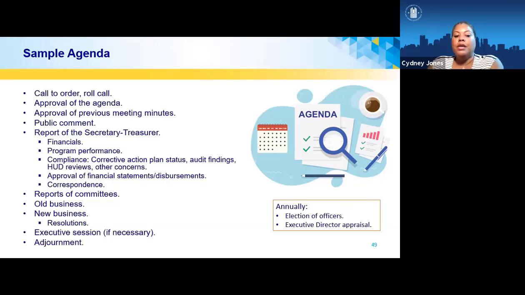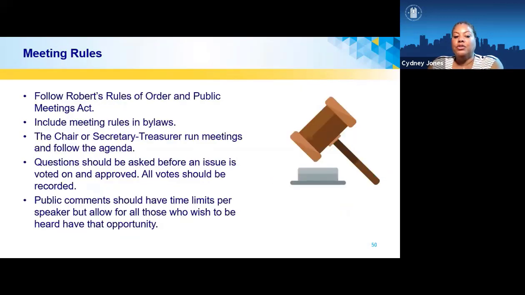So during the board meeting, commissioners should adhere to the established meeting procedures, such as Robert's Rules of Order or any other Public Meetings Act. Those of you in California, I think you have the Brown Act. But again, limit action on any new topic not on the agenda for discussion unless it's of an emergency nature. Keep the meeting focused and stay on time.